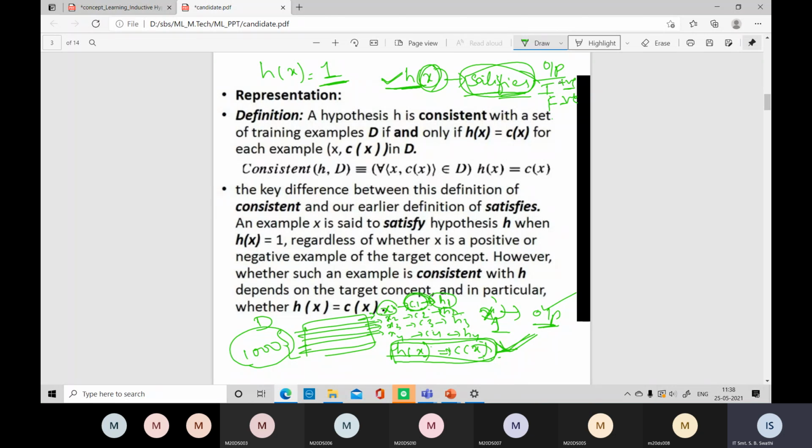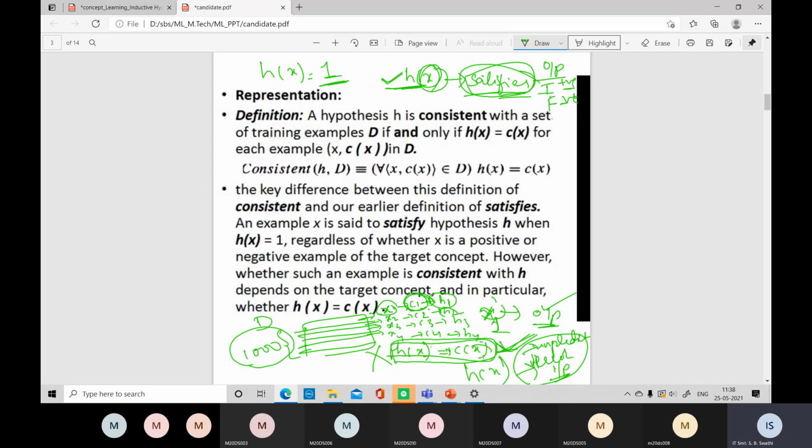Instead of 0 or 1, or true or false, suppose the machine generates some new output, saying unpredictable, or input error. If such outputs are generated, that means the input which you have given is not consistent with the output. Then in this case you can't generate h of x, this condition is not valid, and you can't apply the candidate elimination algorithm.